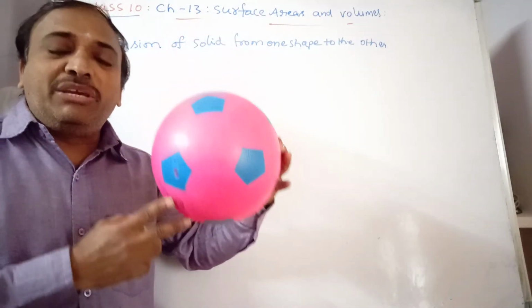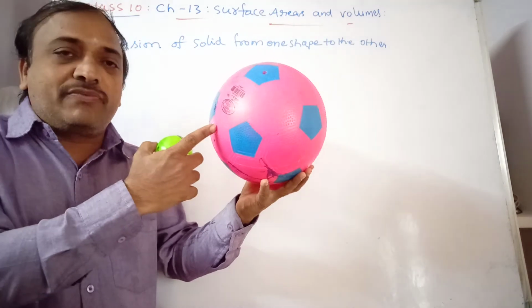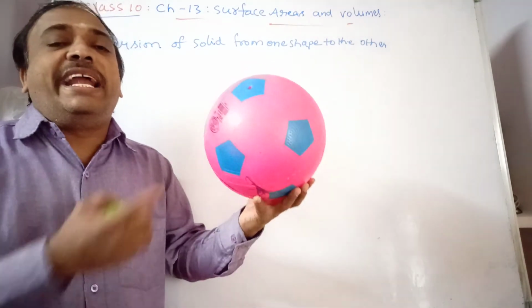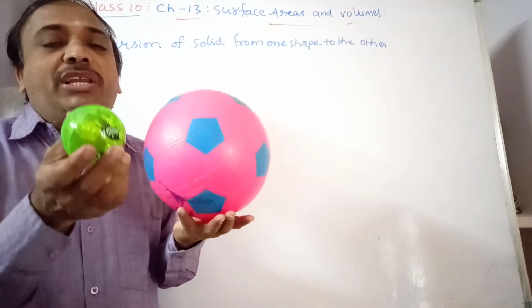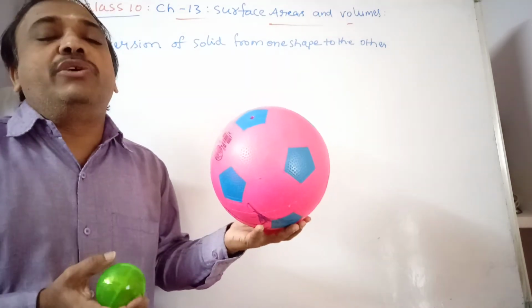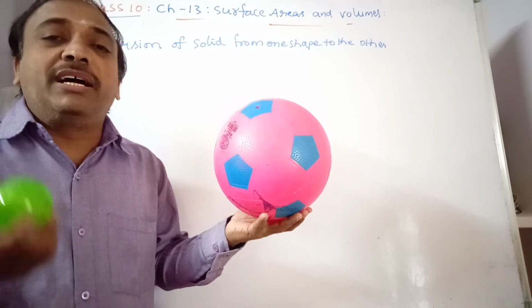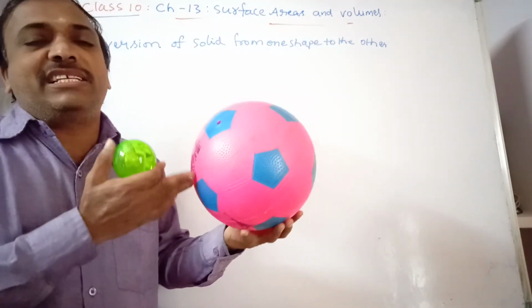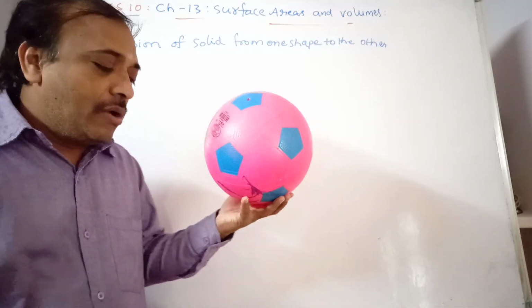That means the volume of this equals the volume of this, which we have to find out. Then find the volume of the smaller sphere. Divide the volume of the bigger sphere by the volume of the smaller one. Then you obtain the number of smaller spheres we can make. The measures will be given: the radius of this sphere and the radius of the smaller one.